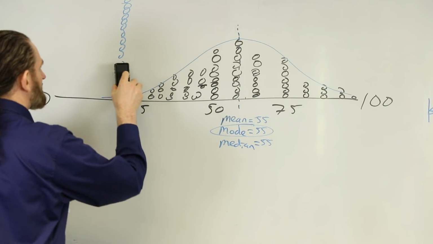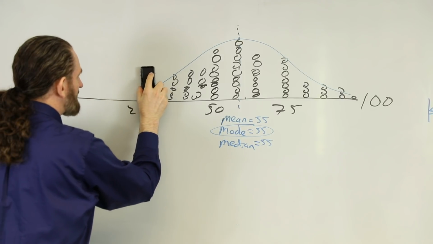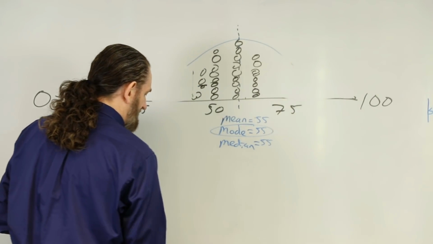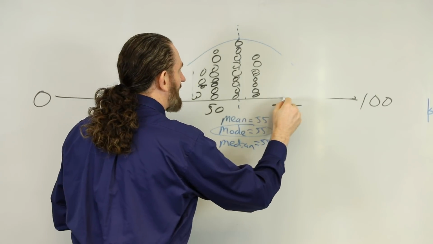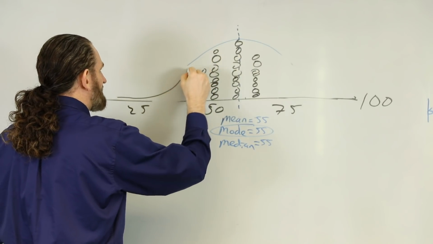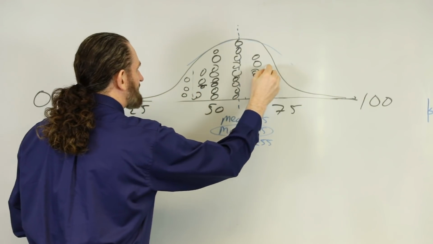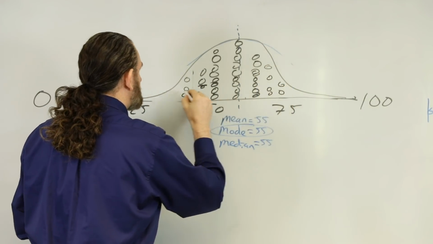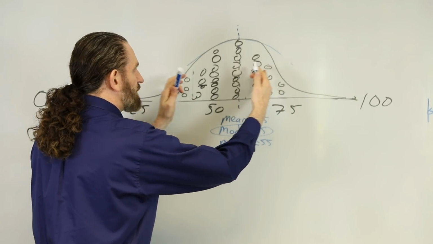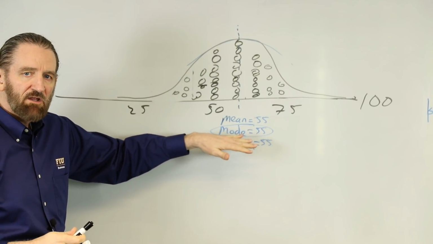So let me show you another option here. What if we were to erase a big chunk of these on the end and have a data set that was more tightly grouped together? Let's say that this data set kind of came up like this, it jumped up, and it went right back down. Now, in this particular case, I might still have the same mean, median, and mode, but because they're more tightly grouped, we can feel better about the idea that the mean, median, or mode is more representative